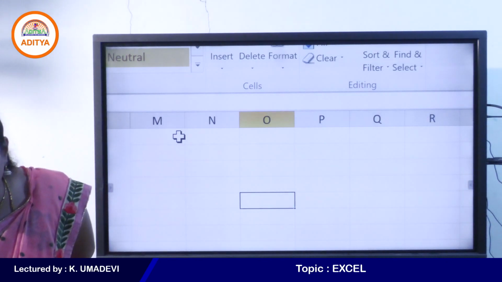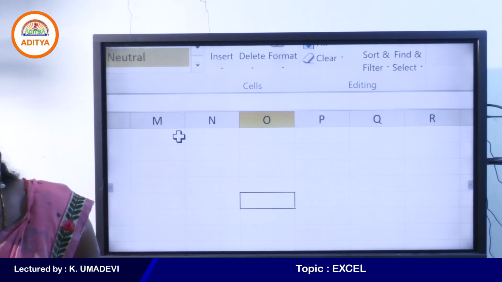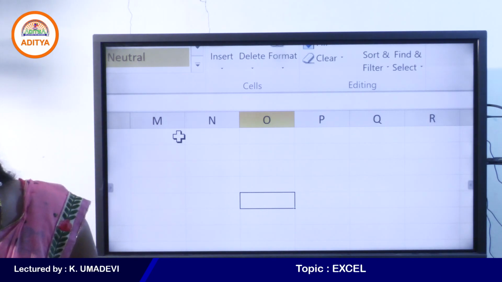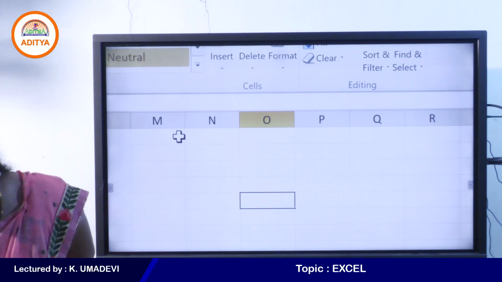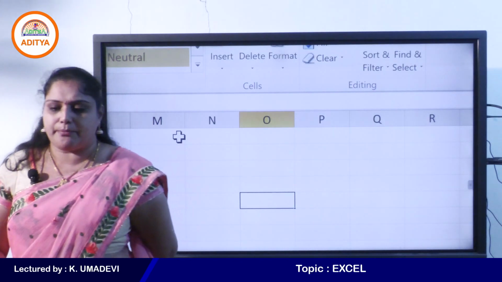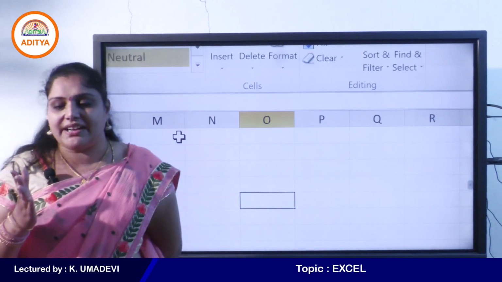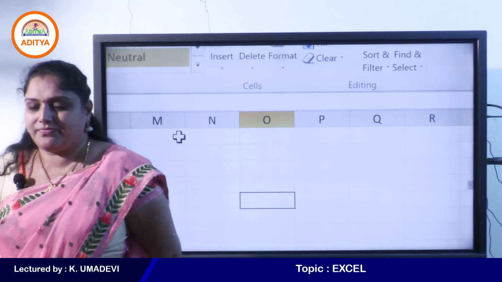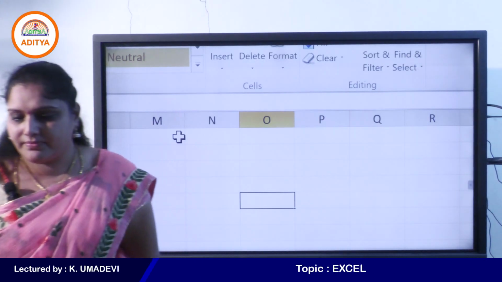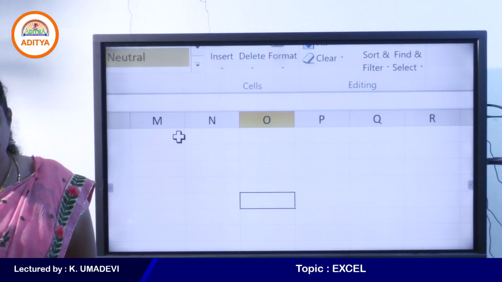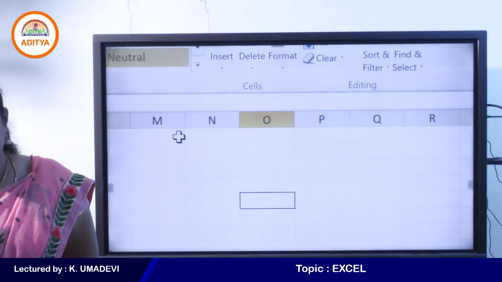So now I would like to print the total if the student result is pass. Okay, very good. Instead of pass, enter sum of C8 to E8. Very good. But what is the condition? If sum of C8 to E8, no.